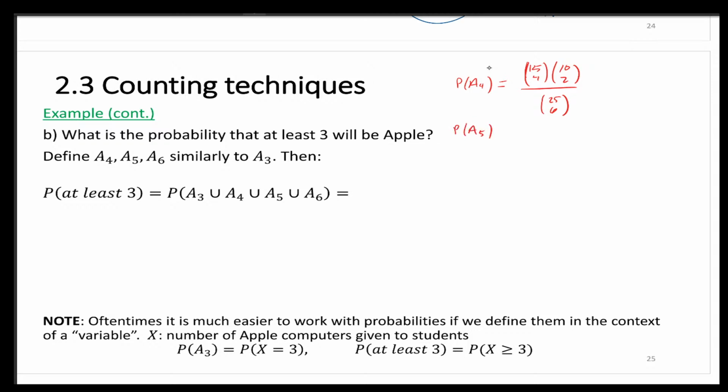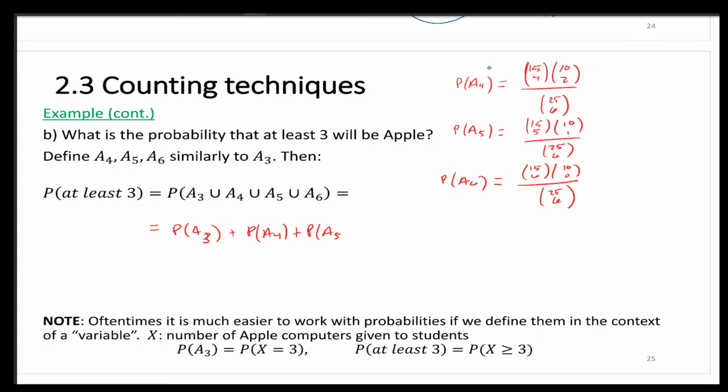Probability of A5 is similar, 15 choose 5, 10 choose 1, over 25 choose 6, and then probability of A6 is 15 choose 6 times 10 choose 0 over 25 choose 6. And now all I do is add those individually. So probability of A3 plus probability of A4 plus probability of A5 plus probability of A6, which turns out to be something like